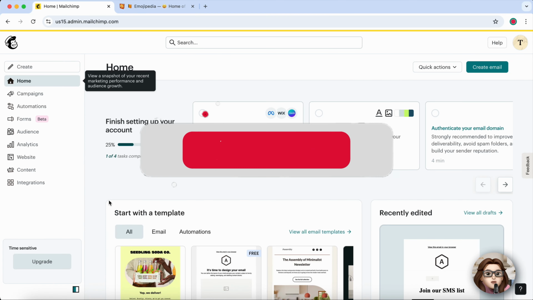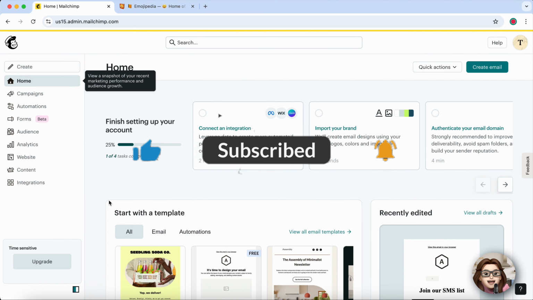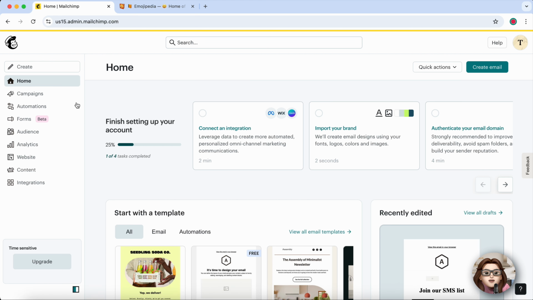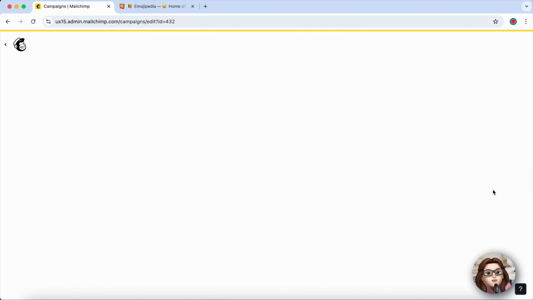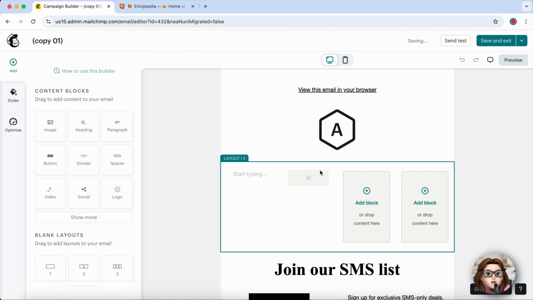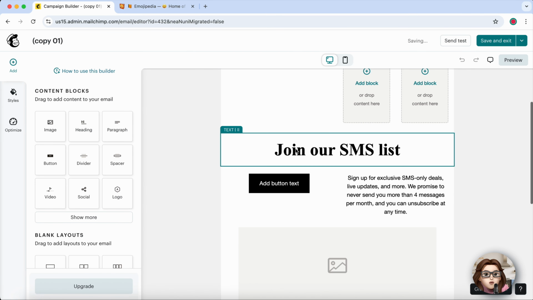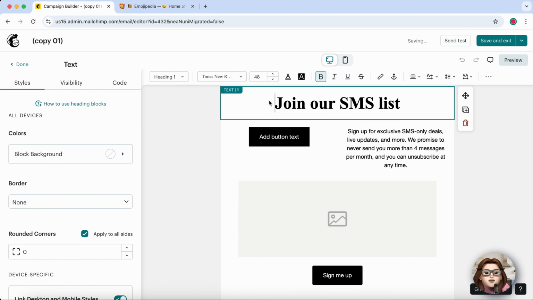In today's video, I'll show you how to add emojis in Mailchimp to make your emails more fun and engaging. Start by logging into your Mailchimp account. You can either create a new campaign or open an existing one. Once inside the campaign builder, click into the subject line or email body wherever you want the emoji to appear